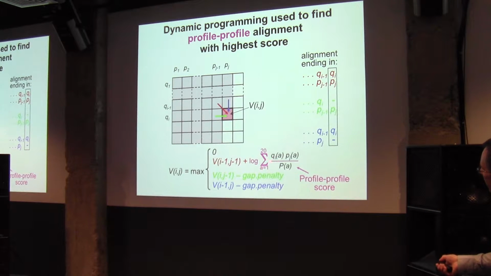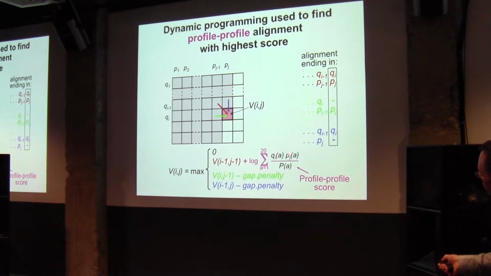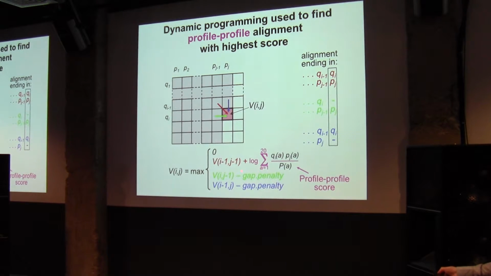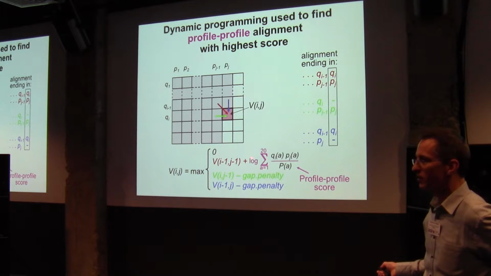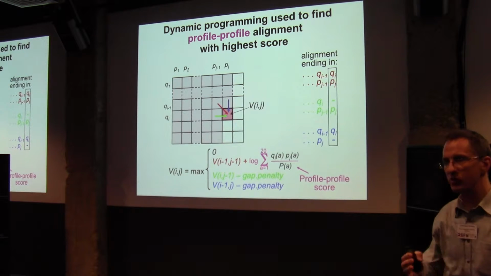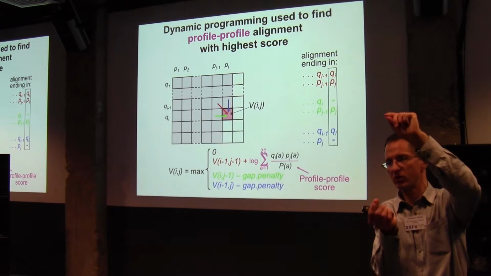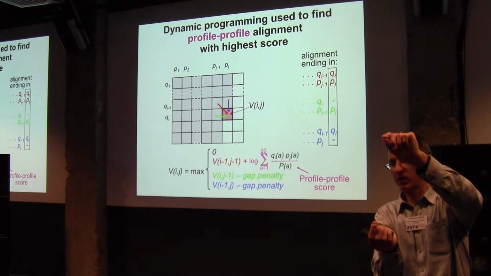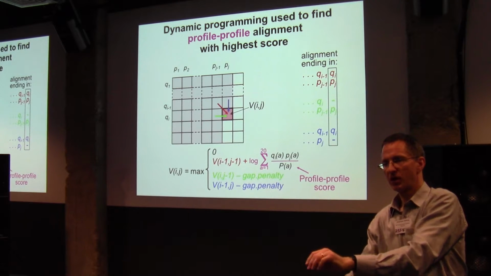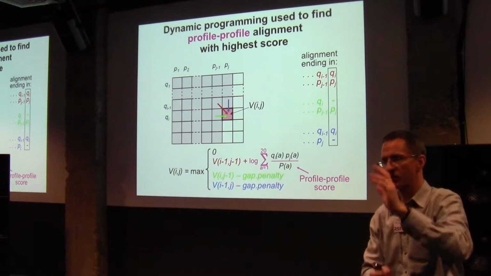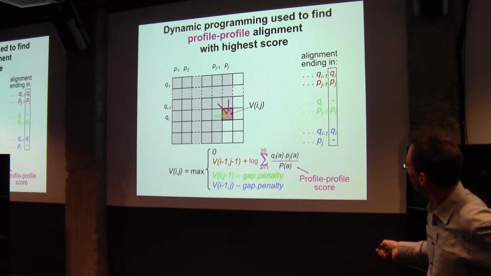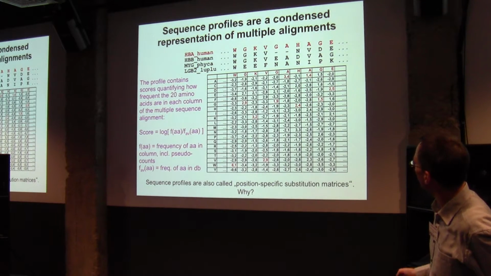And then you can do the same trick, but now comparing one profile, a query profile, with a database profile, for example. You just need to put another score here. And I don't want to discuss what kinds of scores you can put. Our favorite is this one here, but it doesn't matter. I think you understand the principle, right? You need to have some comparison metric between one column of one sequence alignment and another column of another one, and try to put the most similar ones on top of each other. That's what the dynamic programming will give you.